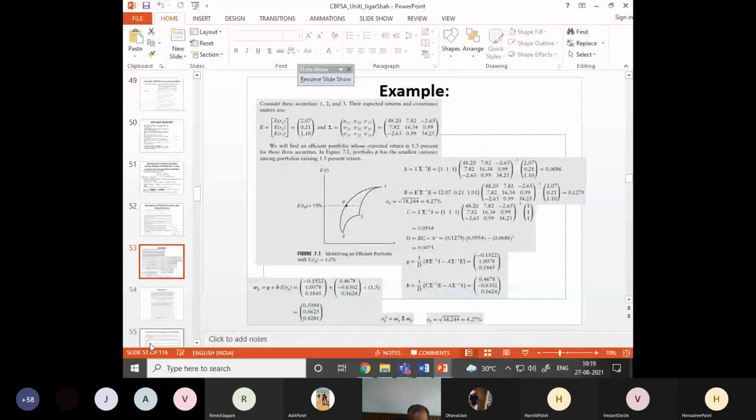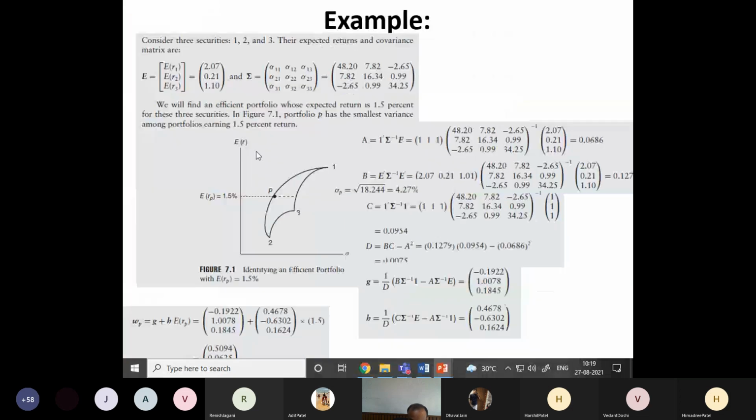Based on this, I have framed one example. This is the assignment for today. You have to go through this example. I have specified here this E vector, which is the expected return from three securities, ER1, ER2, ER3, and it is given by this matrix. I have specified the covariance matrix. It is the risk of individual security and covariance between security 1, 2, 1, 3, and 3, 2 like that. Okay, and it is always a symmetric matrix. So that is specified. U is always a vector of 1.